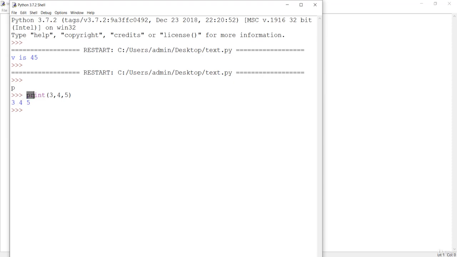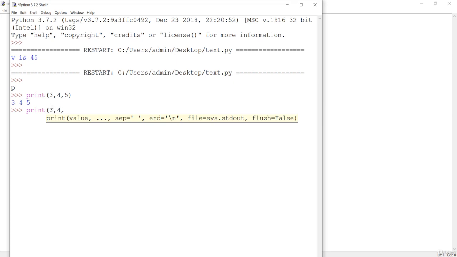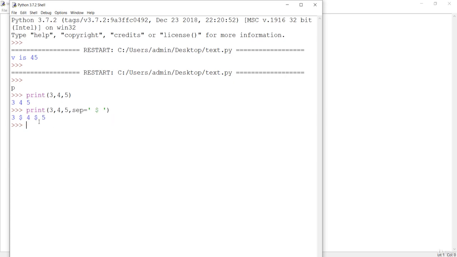So the print statement has something that is an attribute. I have already shown you in the previous lectures that if we say something like print me 3, 4, 5, we have this sep and the end command here. So if I say sep, which is the separation between each of these numbers, instead of just this space, I want to add a dollar in between each of these elements that is passed in the print method. You'll see a dollar will be added between each of these elements. So this is the packing, or basically unpacking.